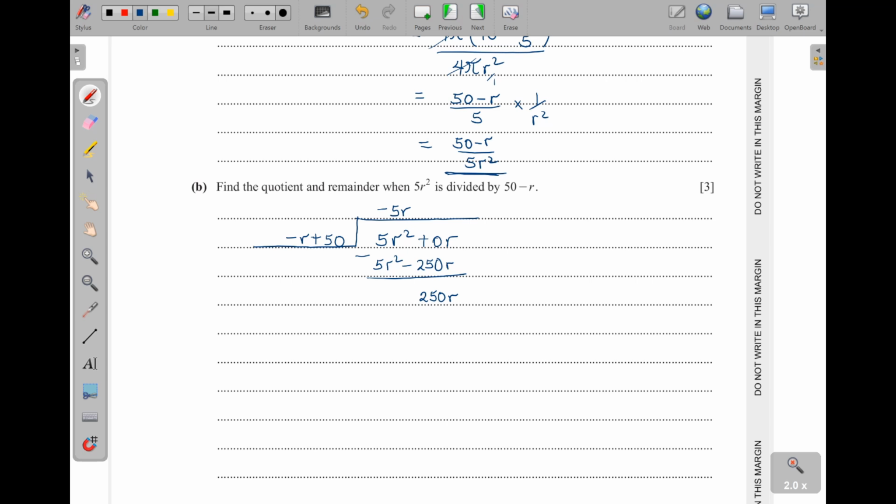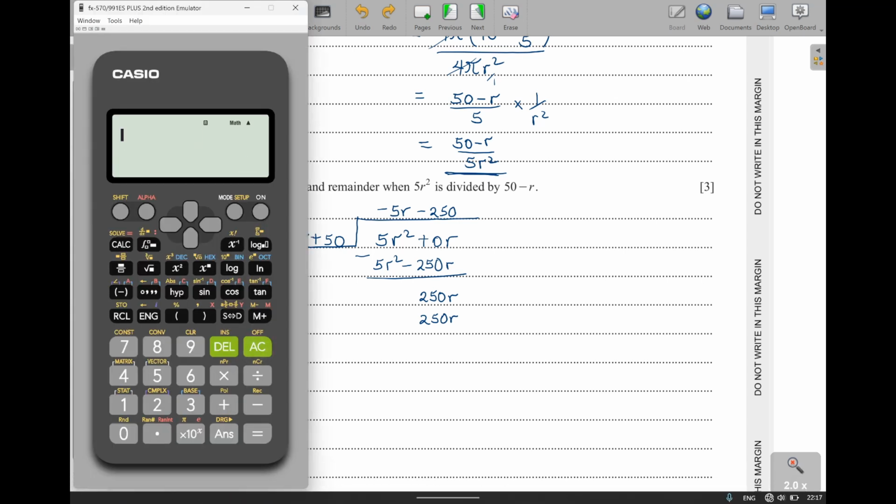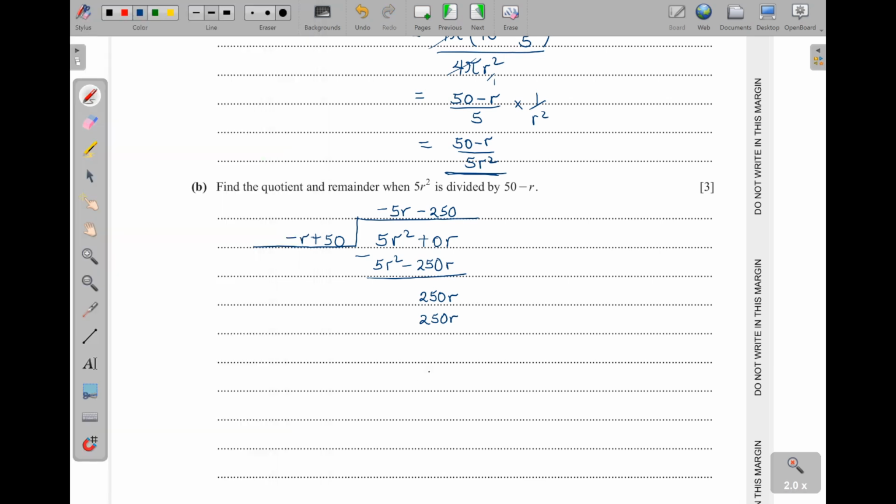So positive 250 of r divided by negative r, then we shall get minus 250. Then we multiply all through, that will be 250 of r, and then 50 times 250, that is 12500. So we shall have minus 12500. So when we subtract, r disappears, and then this one becomes a positive